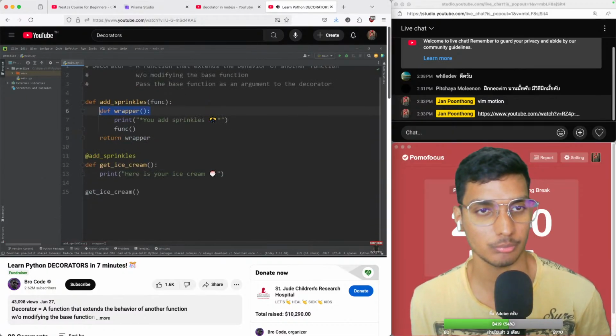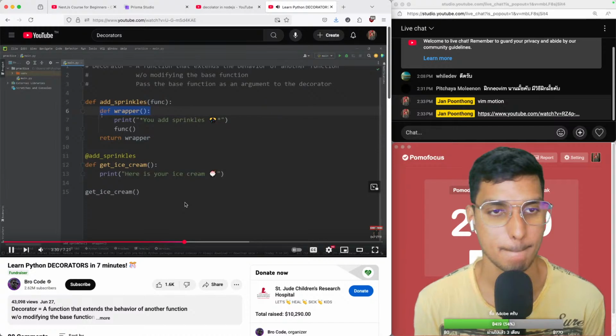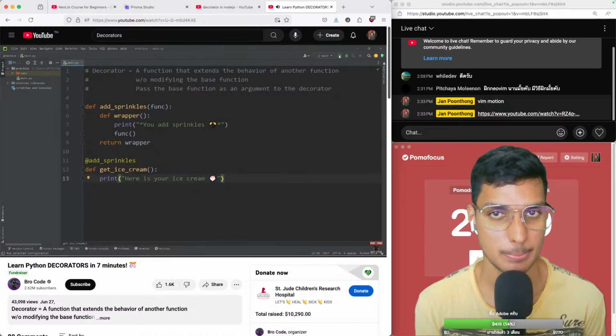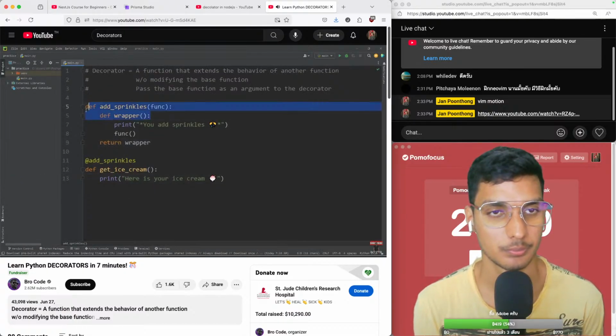Now we have a nested function of wrapper within our decorator. It is necessary to have this. Here's why. I'm not going to call the get ice cream function quite yet. So nothing should happen. If I was to remove this wrapper,